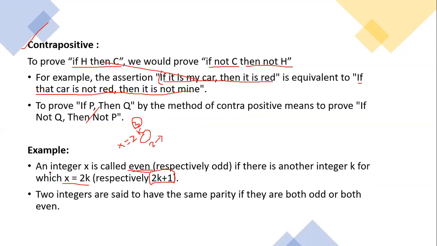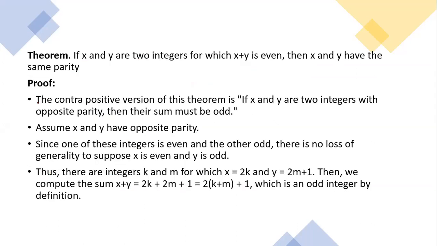If you are taking the odd value, what do you have to go with? x equal to 2k plus 1. Okay, this is the theorem we want to prove. We'll see how we can take it in the contrapositive manner. If x and y are two integers for which x plus y is even,